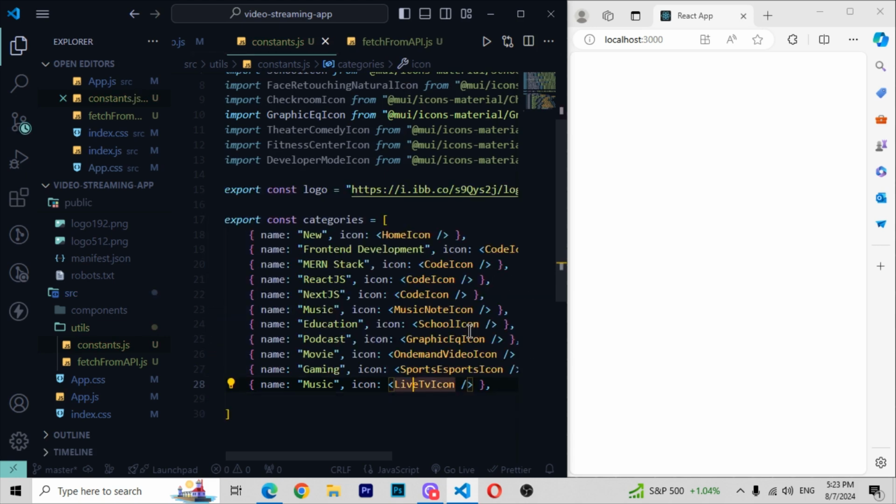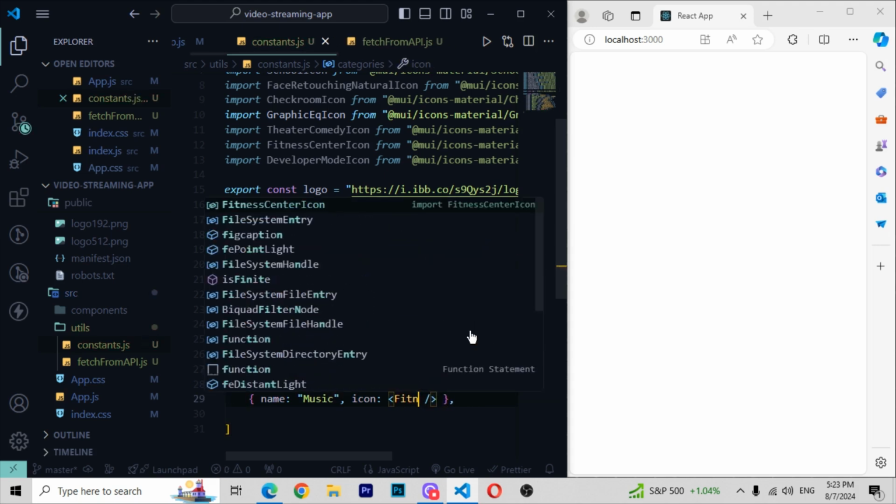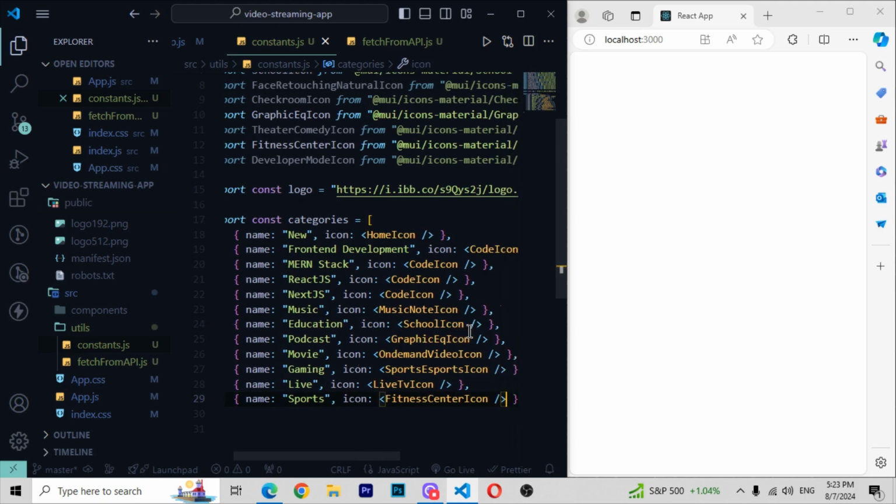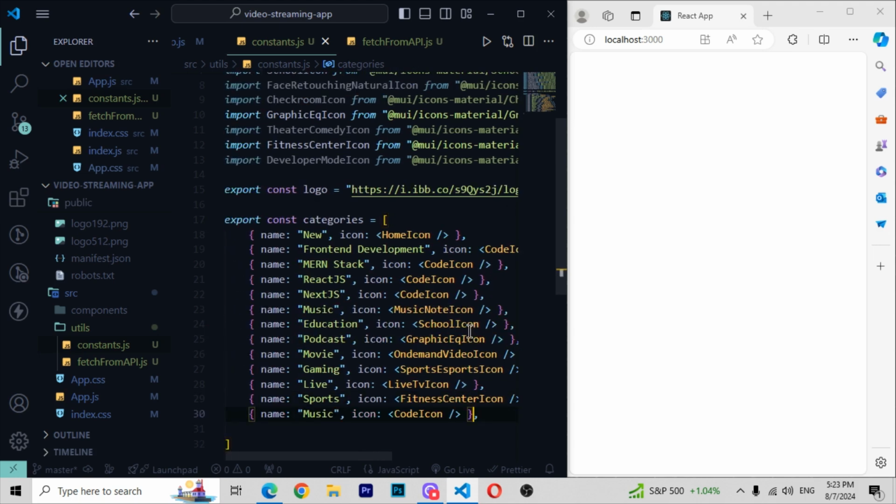Then here I will be writing in the place of music as live, then paste again, and now in the place of code icon I will be writing here fitness center icon, and then here I will be writing sports. So you can just see we have written the sports, and then here I will be moving down, and here in the place of code icon I will be writing here as check room. So here I will be writing check room icon, and in that I will be writing here as fashion,